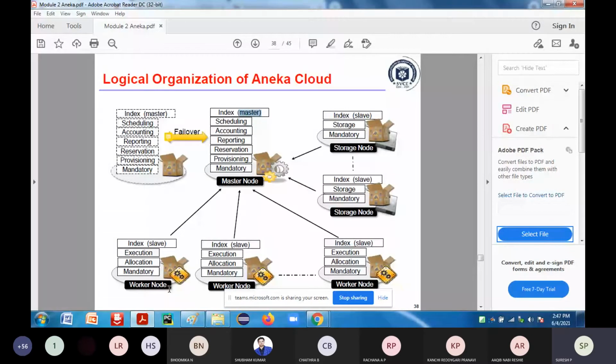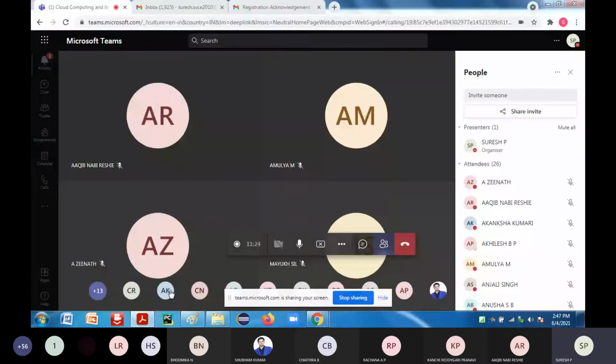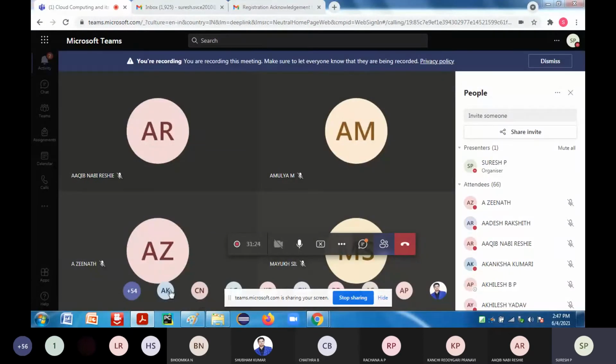So how am I going to generate the revenue? I am going to generate the revenue depending upon the usage of my resources. Okay, so now